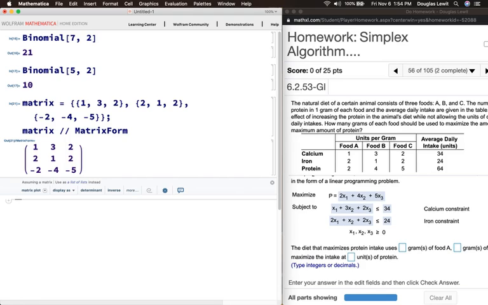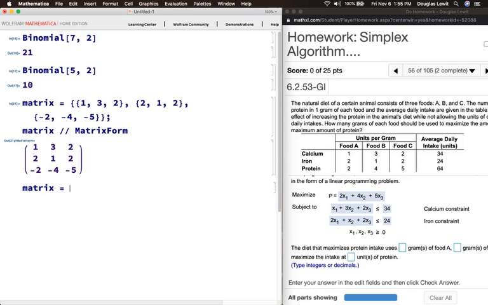Then I'm going to append to this the identity matrix. And the reason is because for each of the first two rows, I need what's called a slack variable. And then in the bottom row, I have my variable p, which some people say isn't necessary for the problem, but I like to put it in there anyway because I think it looks nice. Okay, and it reminds us of the variable that we're trying to maximize. So to do that, here's what I'm going to do. Join,